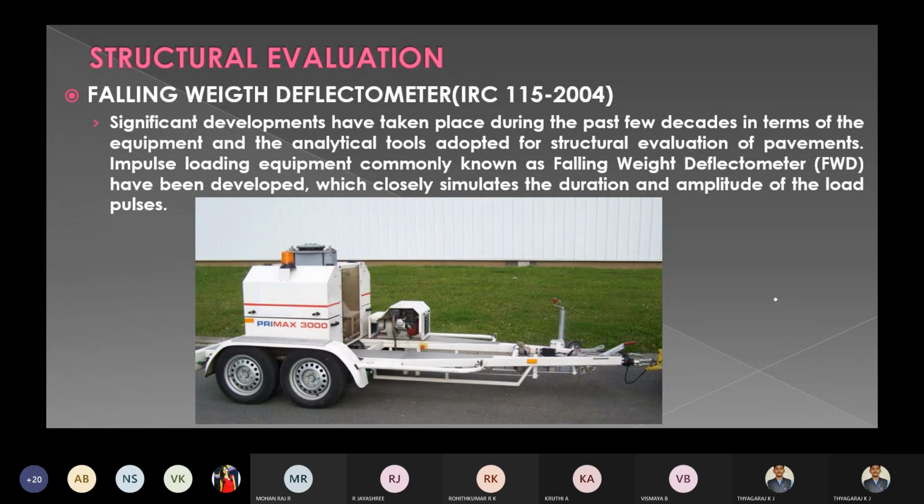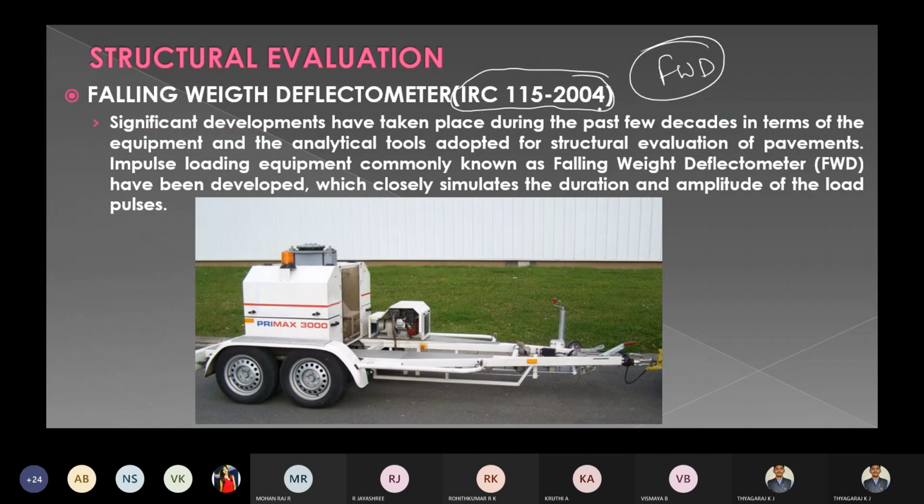Falling weight deflectometer, nowadays, rather than using the Benkelman beam deflection studies, we will be using this FWD, that is, the falling weight deflectometer. There is a separate codal provision for this, that is IRC 115:2004, the Indian Roads Congress 115:2004.